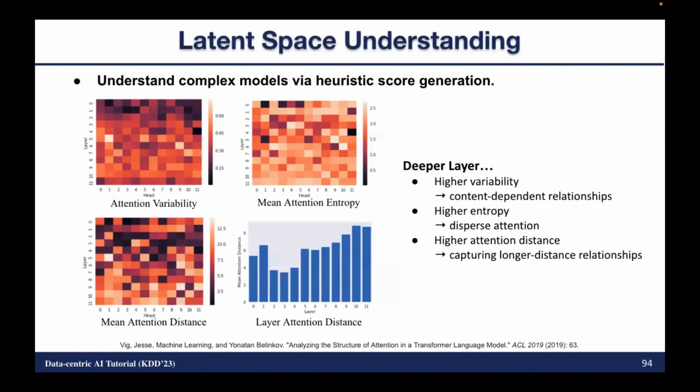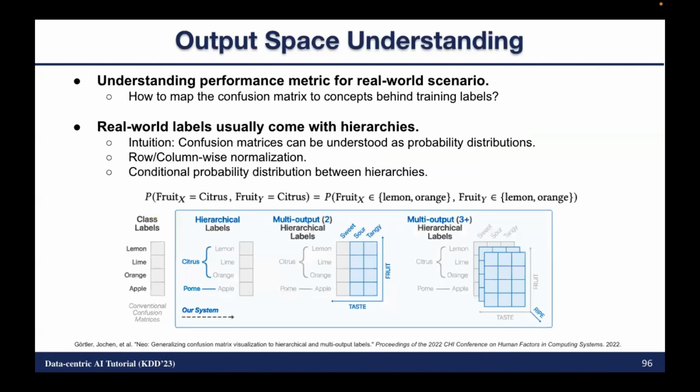In addition to latent space understanding, we may also be interested in how, whenever we have a model that is able to output results and do prediction, we can really understand the prediction performance metrics. Actually at Apple, there is a work that was published recently at CHI, the conference on human factors in computing systems. They tried to understand the performance metric for a real world scenario, because essentially